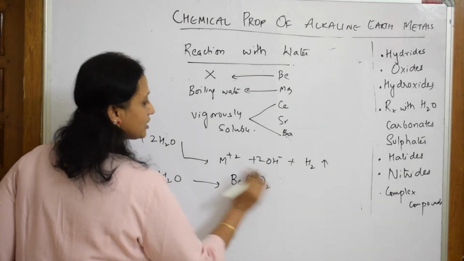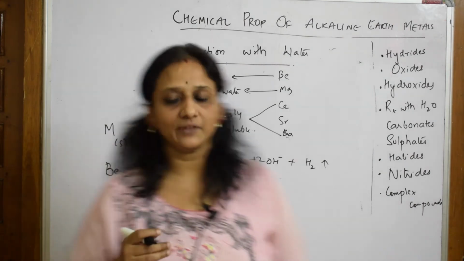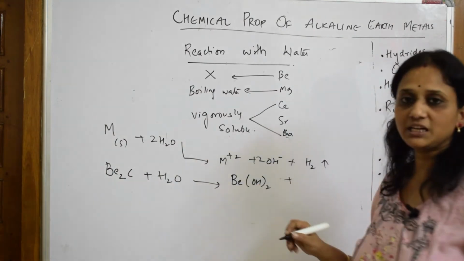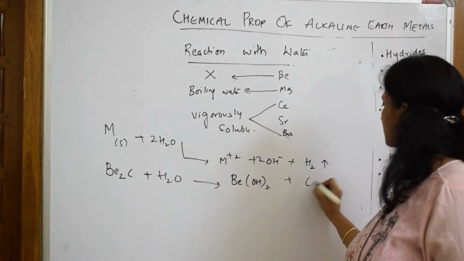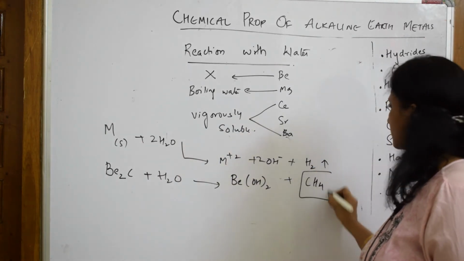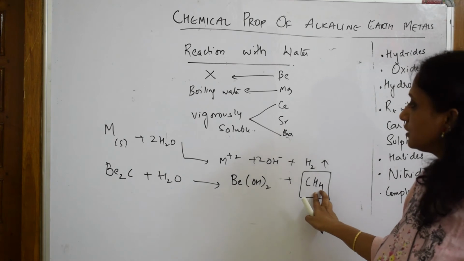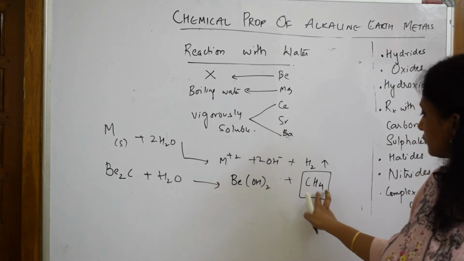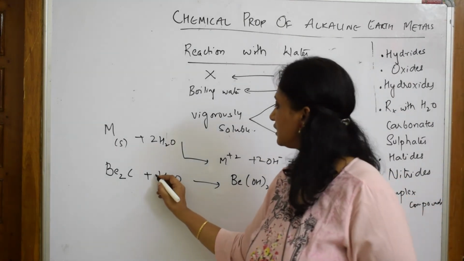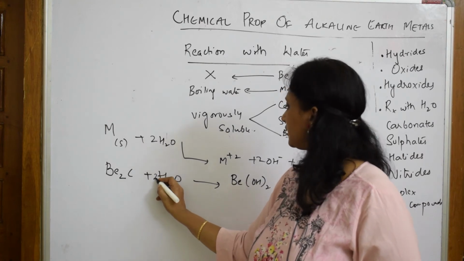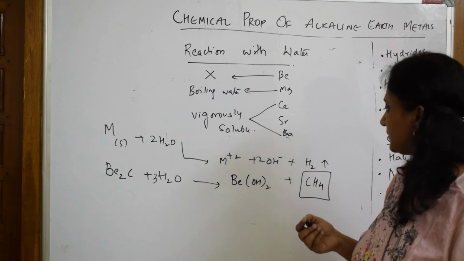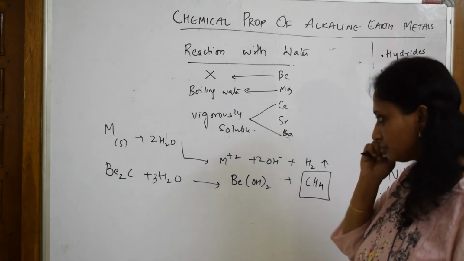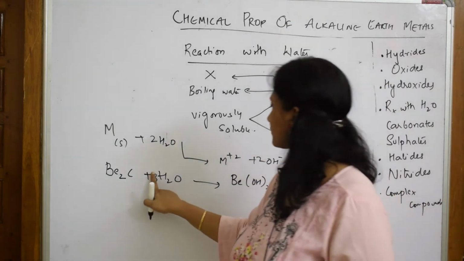Now see here, we have prepared hydroxide like this only, and the leftover after beryllium hydroxide would be methane. See here, this is very important for you. You need to remember this. Now let us balance. Here 2 2s are 4, so 4 plus 2, 6. Here let me write this as 3. Now oxygen, whether it is balanced or not, let's see. Okay, fine. Let us balance from beryllium and see.